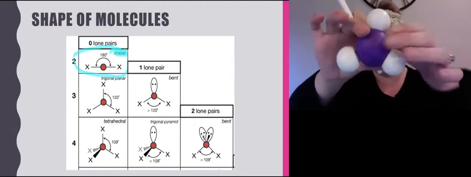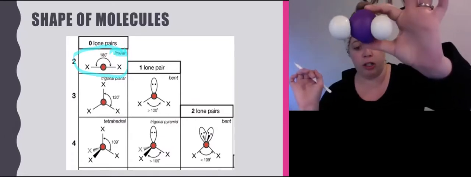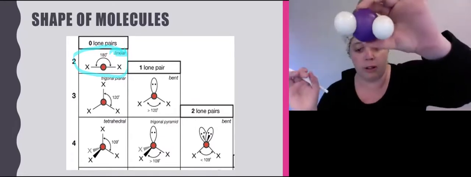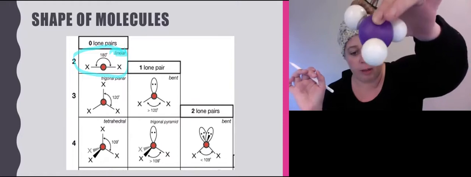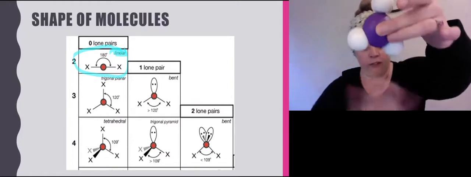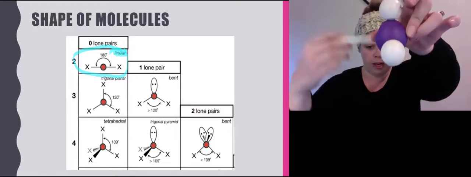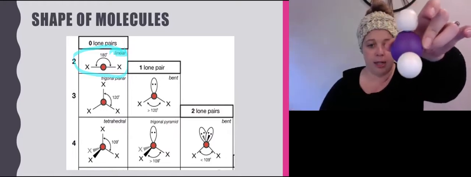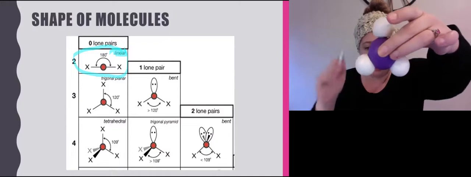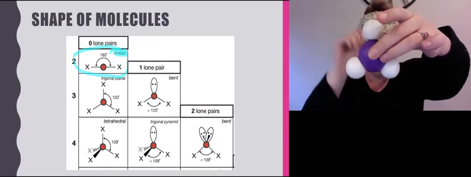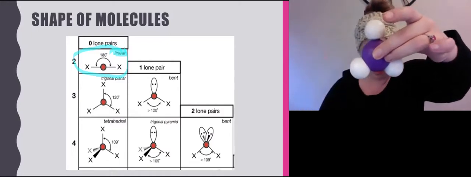Okay, so what do they want to do? They want to be as far apart from each other as possible. Now, I couldn't actually model this very well with my kit, but I've done my best. So what happens is they form along the same plane. Can you see how all of them are in the same kind of flat plane here? They are all equal distance apart when you look on the side or from the